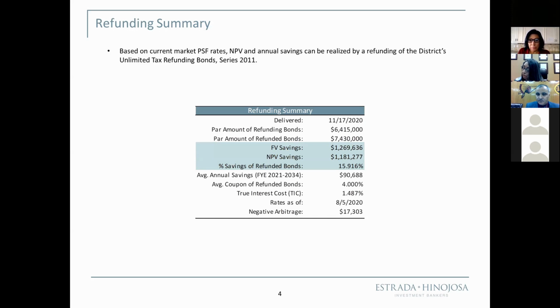And today, what you're seeking right now is just to give your financial advisors the go-ahead to go out to the market and look for the savings, and then come back to the superintendent and I believe the board president to give us the go ahead to make a move on the market to achieve these savings. And again, this bond order is giving us parameters that say we must at least get 10%. We're looking at close to 16 right now. The market can change, but we're hoping to at least get you 10% and not to exceed 2.5% interest as well.